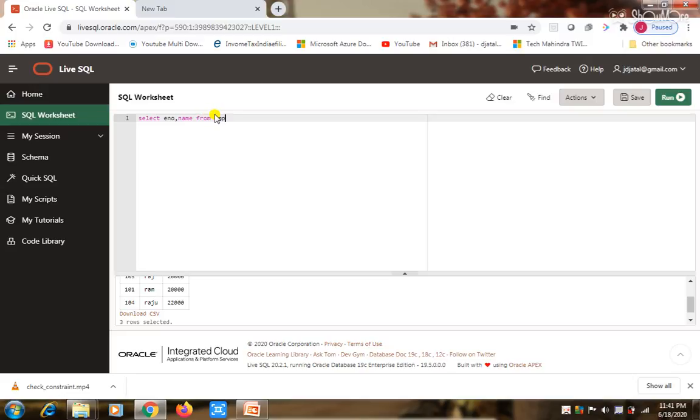I am specifying the condition on the salary column using the where clause, where salary is more than 20,000.